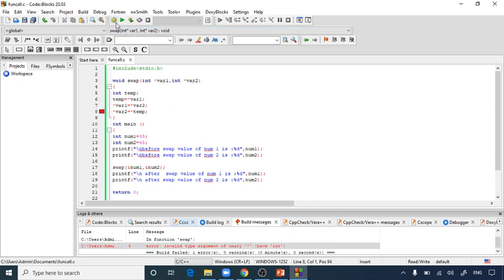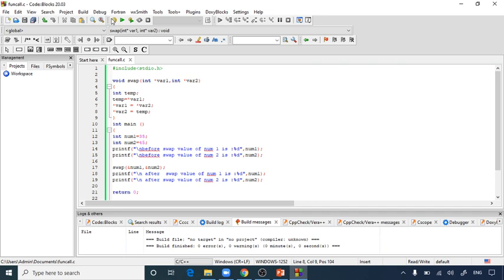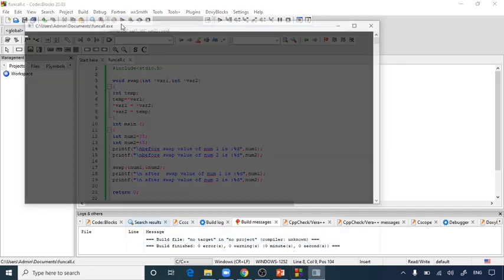We are going to build this file. Here is one more error it is showing. Let's see what happens. So I am going to put some space here, one more space here, also a space, and here also a space, and here is no need of ampersand because that is temporary. As build finished with 0 errors, let's run this.